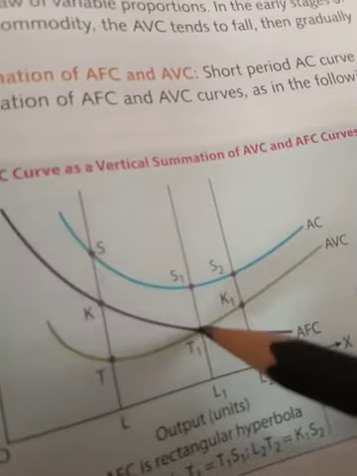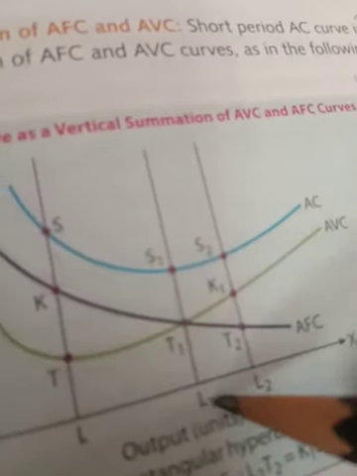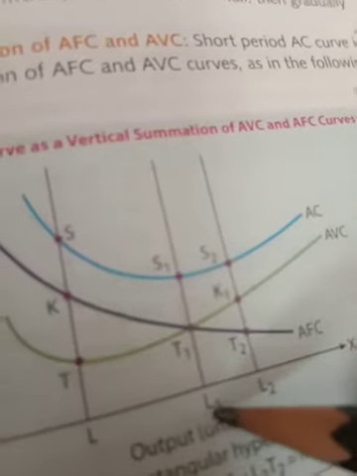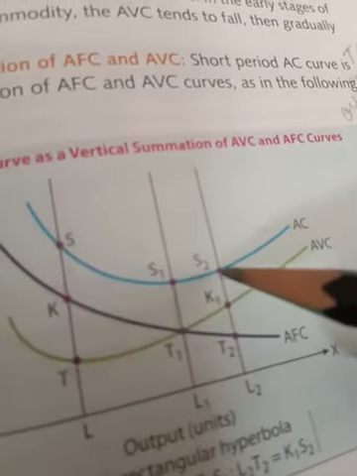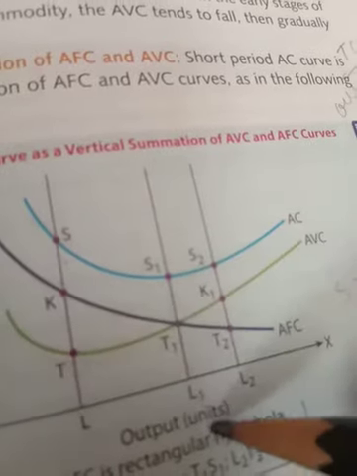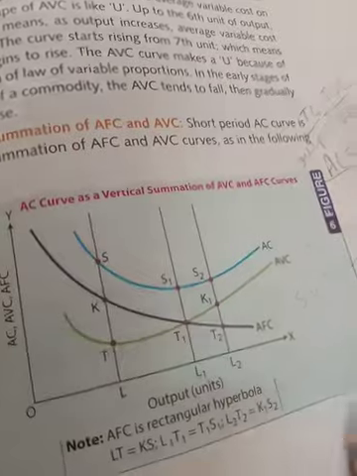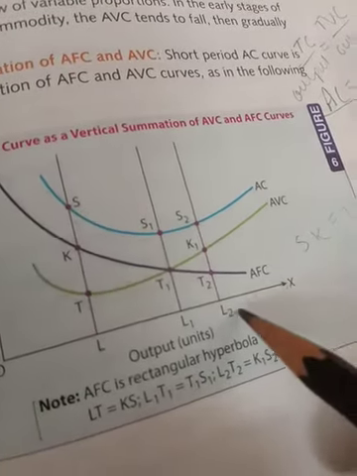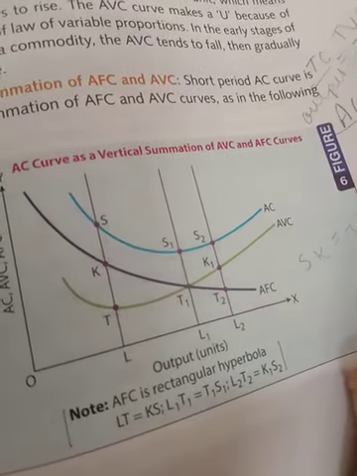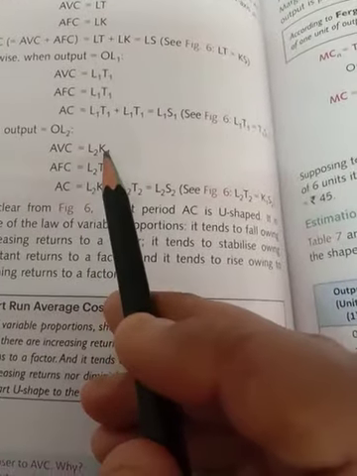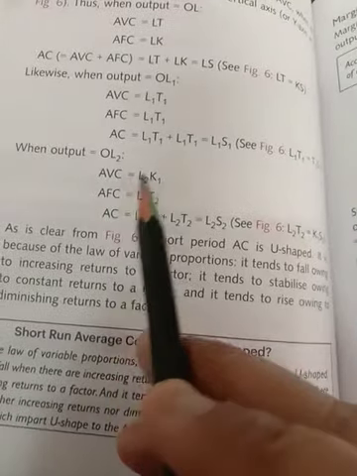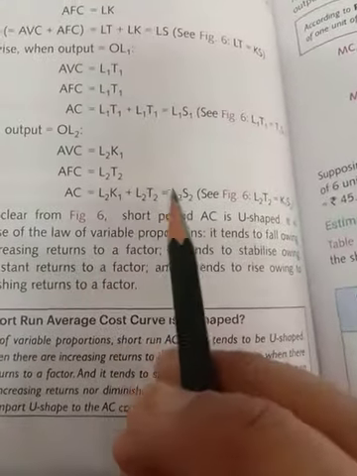So here actually they have taken the point where they are intersecting, so that is why T1 L1 represents the average variable cost, T1 L1 again represents the average fixed cost, and AC is S1 L1, the summation of T1 L1 plus T1 L1 for average variable cost and average fixed cost. Now at L2 unit of output, AFC is T2 L2 and AVC is K1 L2. That is average variable cost and average fixed cost. With the summation of this, we will find L2 S2 as average cost.